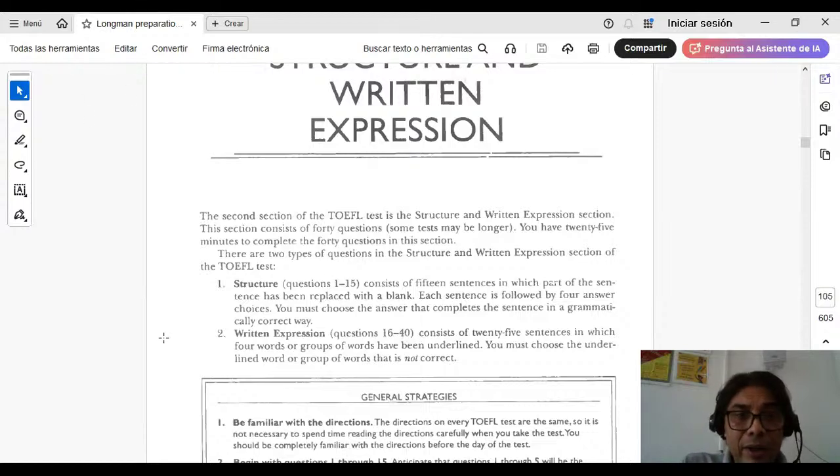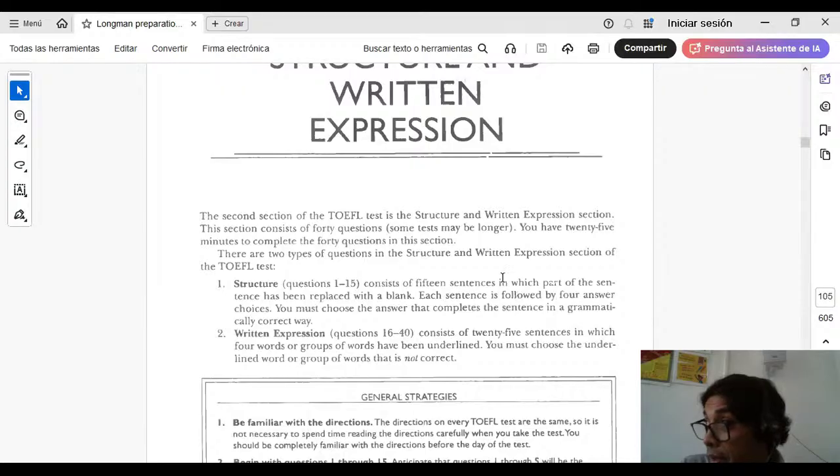Okay, so here, as you can see, point one, the first one, says structure, which is the first 15 questions, which consists of 15 sentences in which part of the sentence has been replaced with a blank. Each sentence is followed by four options, four choices, in which you must choose the answer that best completes the sentence